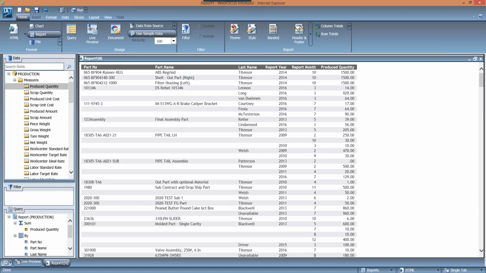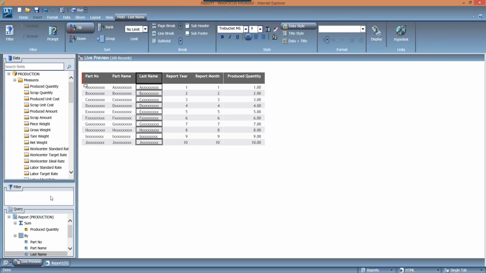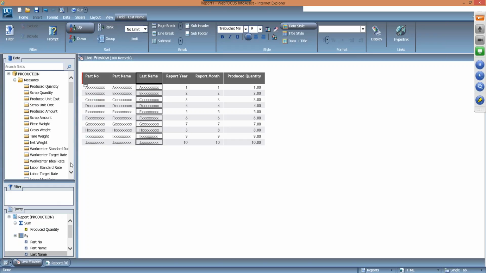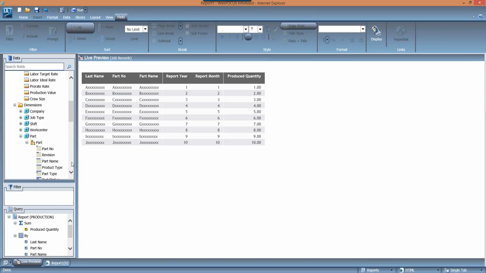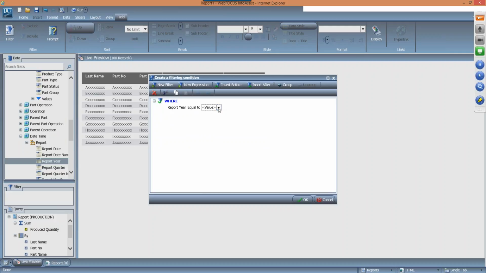That's not exactly what I'm after. So I go back to my report. First of all, I want to see it by the person's name, so I can drag and drop that over. And I also want to build a filter on this, so I'm only looking at 2015 and 2016 data. So I can, as I said, either right-click on that, or just drag and drop that field into the filter pane, and then it's going to bring up my condition editor, where I can put in what I'm after for my filter.